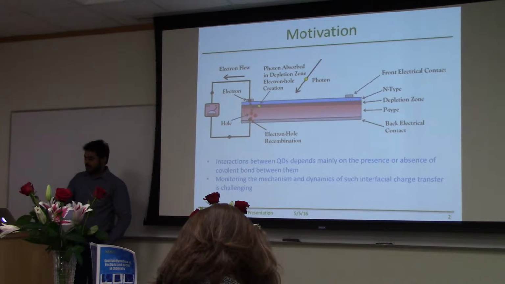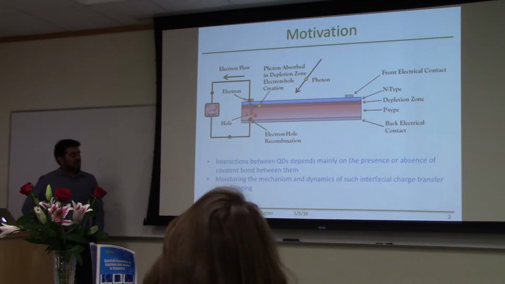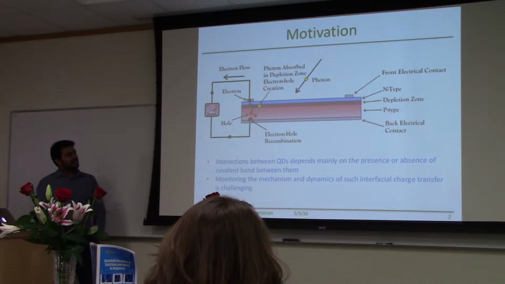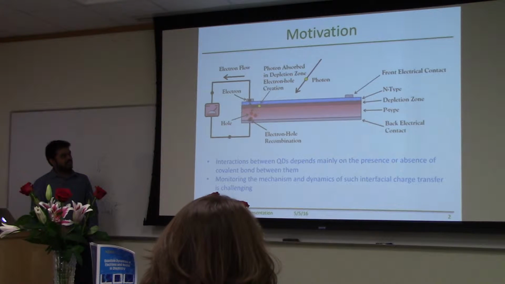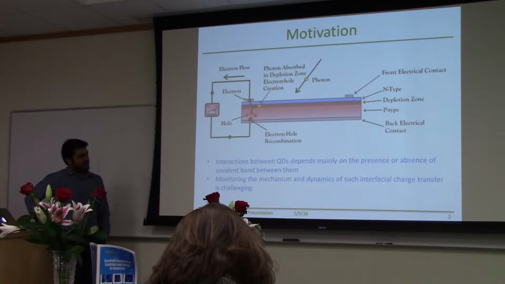The main motivation behind this project is the application of these materials in photovoltaic devices. As you can see, photovoltaic devices are composed of both n-type and p-type semiconductor quantum dots. So we can think of impure silicon quantum dots as n-type and p-type. So the main